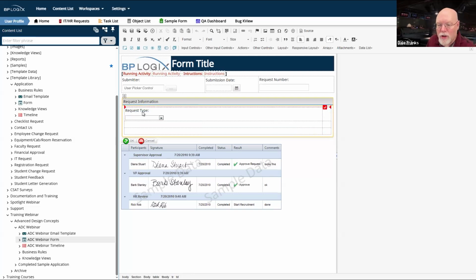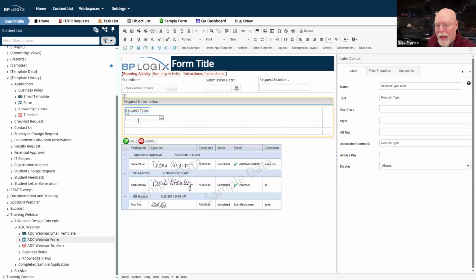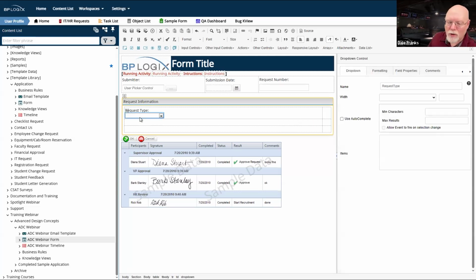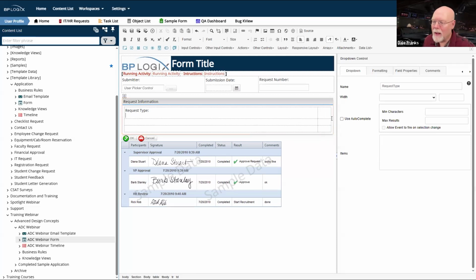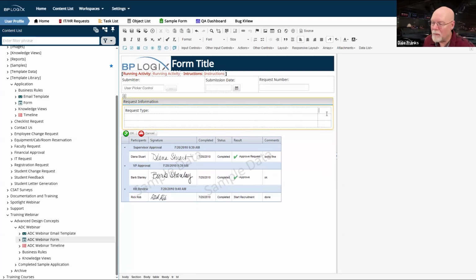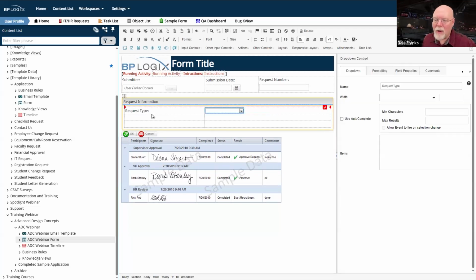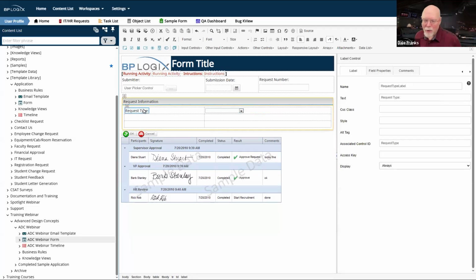But now we need to ensure that our label and our control that is associated with that label are both shown in the same table cell. A lot of times you'll see people trying to do something like this, or at least I've seen it. A customer will say, okay, I'm going to put my label here and my control over there. And that looks fine. It looks like it works.